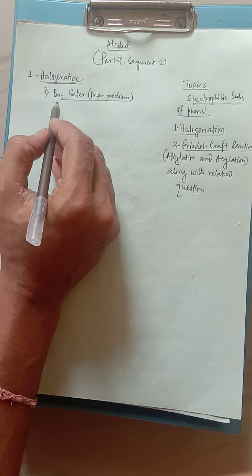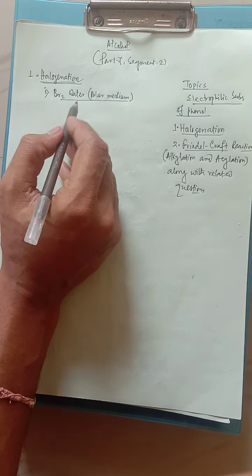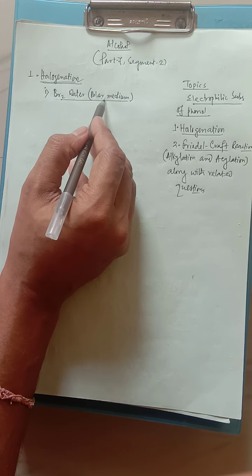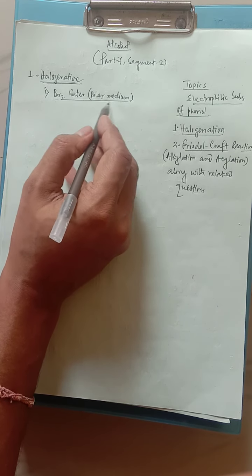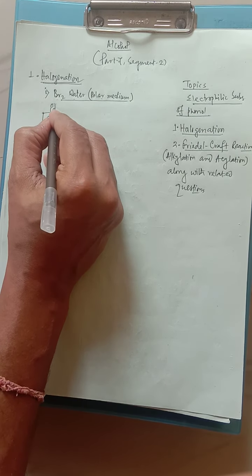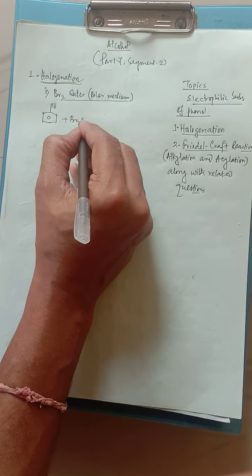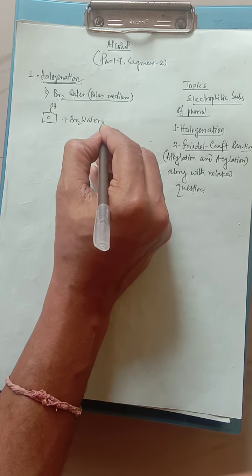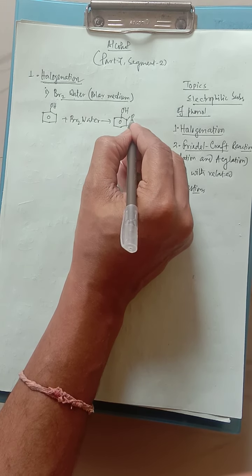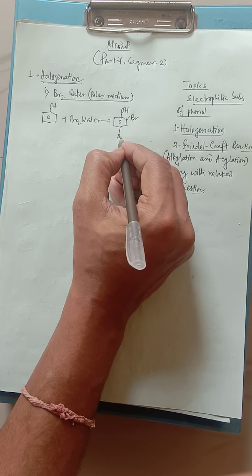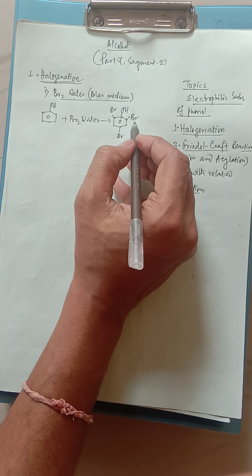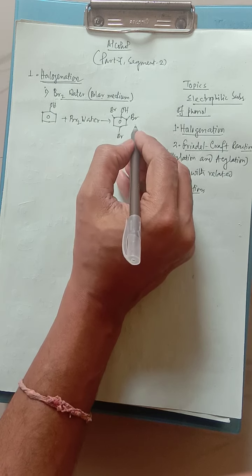Now, first of all, halogenation. We are using bromine. Bromine is one of the halogen members. That means bromine water is taken. Now it is a polar medium. Water, we all know, H2O is a polar solvent, so that's why it is a polar medium. Now what will be the effect here? Look here. Whenever phenol reacts with bromine water, the product that is produced has OH, and here this is the bromine, one at the ortho position, this at the para position, as well as another ortho position. That means all three positions are occupied or substituted by bromine, Br.